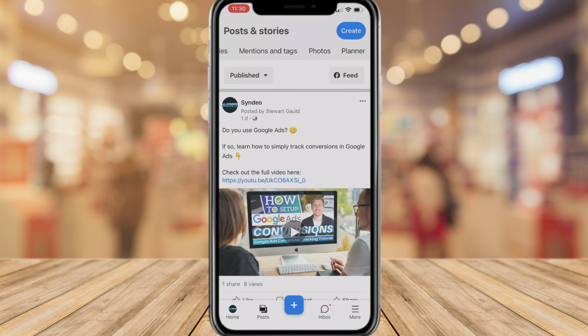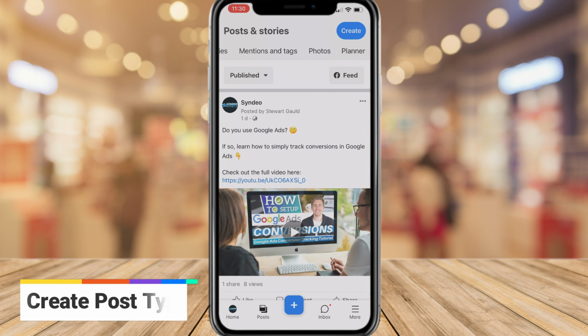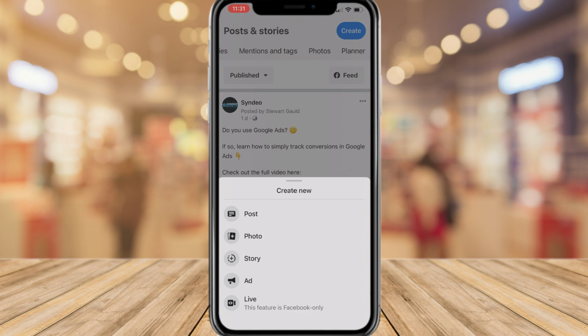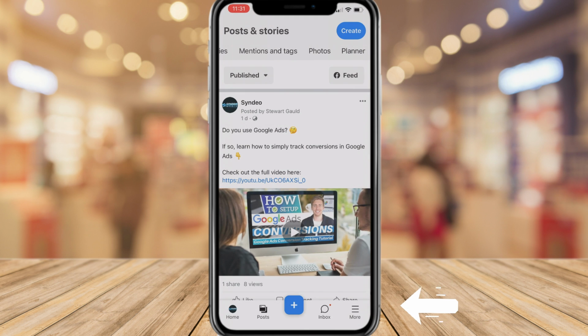Next, if you want to create any kind of post across your Facebook business page or Instagram account, simply come down to the middle and click this blue plus. Then simply choose if you want to create a post, add photos, create a story, create an ad, or create a live on Facebook. Then what I'll do is simply exit out of this